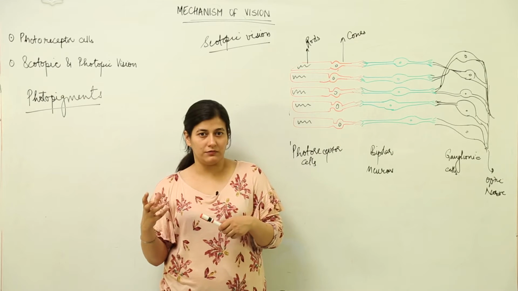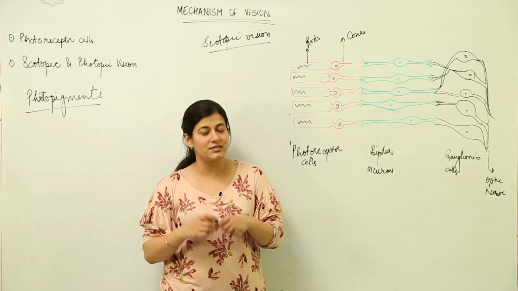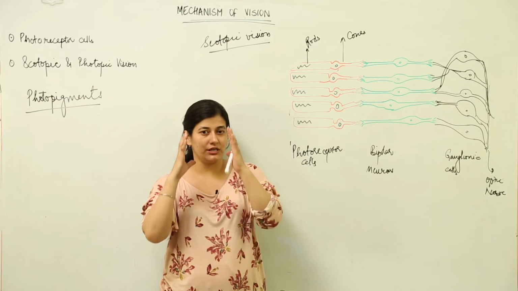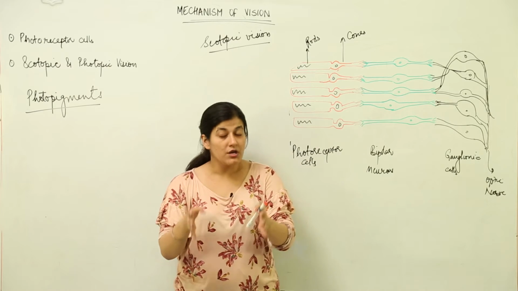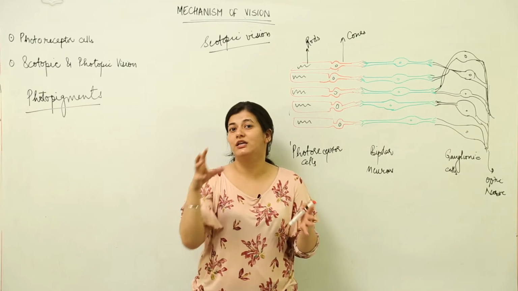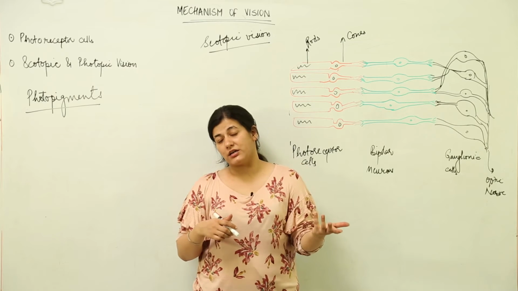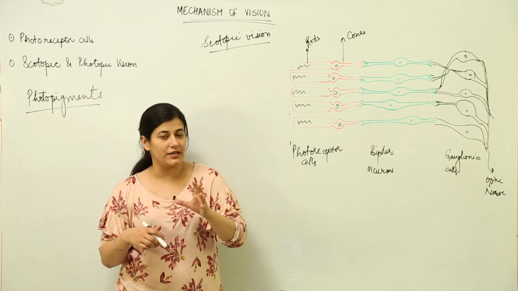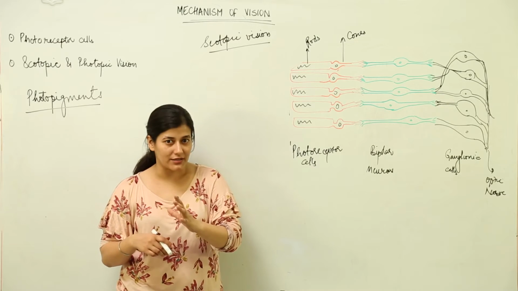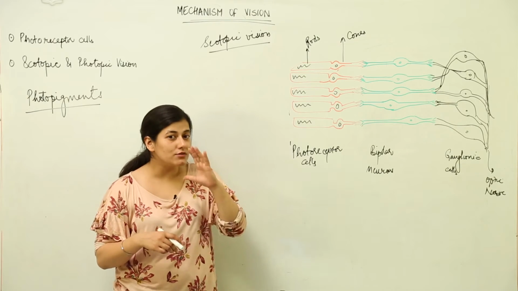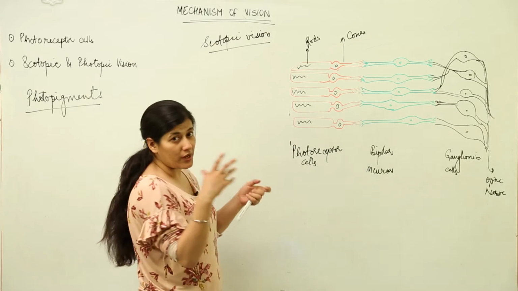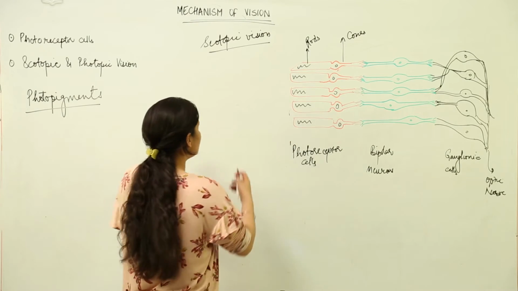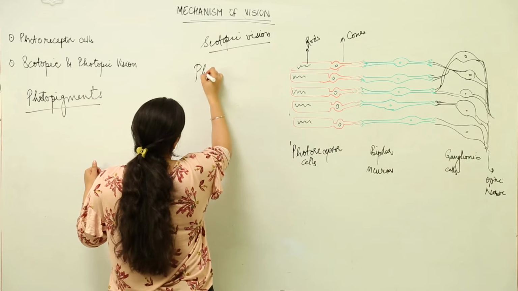Supposedly you go out in the evening when it is twilight and you see the things, they appear dark to you. You are seeing a tree, it would appear dark to you, but you will not be able to make out what is the color of the leaves. But if you are asked to see the tree in broad daylight, you will be able to make out the color difference in that tree, that it is having green leaves. That vision where you can make out the color difference is photopic vision.